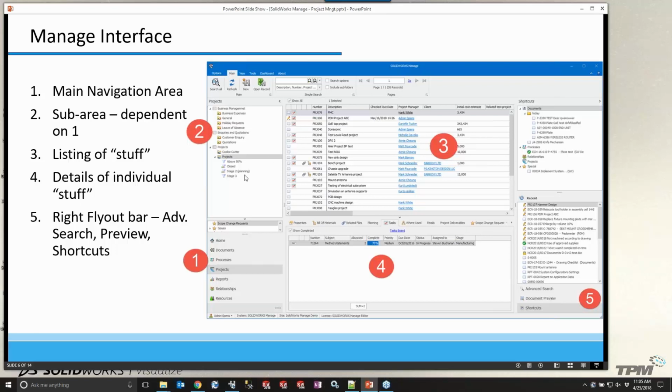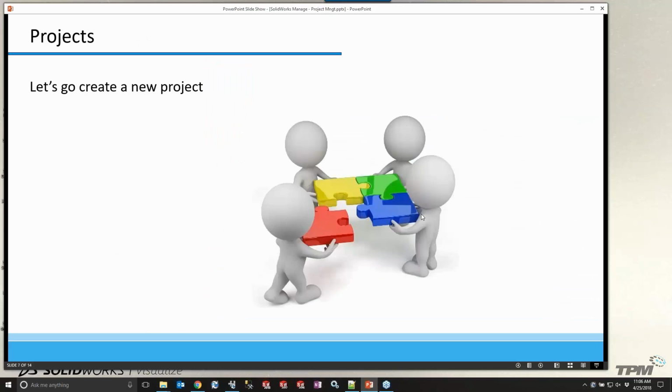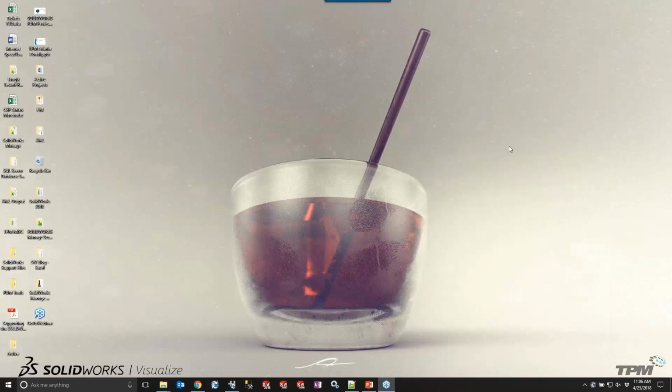And then as you select items in the area here on the top left, then you get all of the listings for those, and then the details about each one down below. And then off to the right, we have a separate flyout that gives us some advanced searching, document preview, and shortcuts. So really this is about project management, and I want to get out of PowerPoint and let's go actually